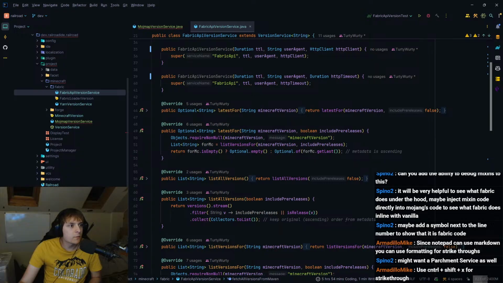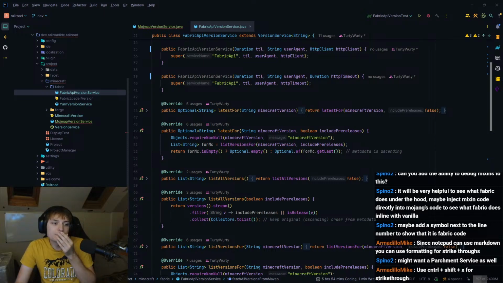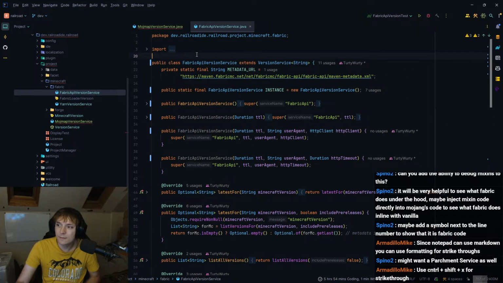Control Shift X for strike through. Control Shift X. No, that just cuts. So I don't know, maybe it doesn't work. Anyways, I think this is kind of not fine.